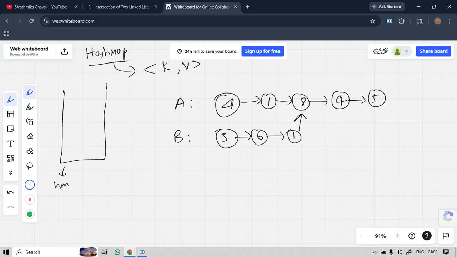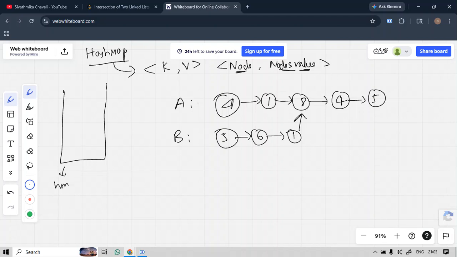Now I'm gonna store the keys as the node and the value as the node's value. Okay, my keys are nodes and the values are the nodes' values. In this way I'm going to store.